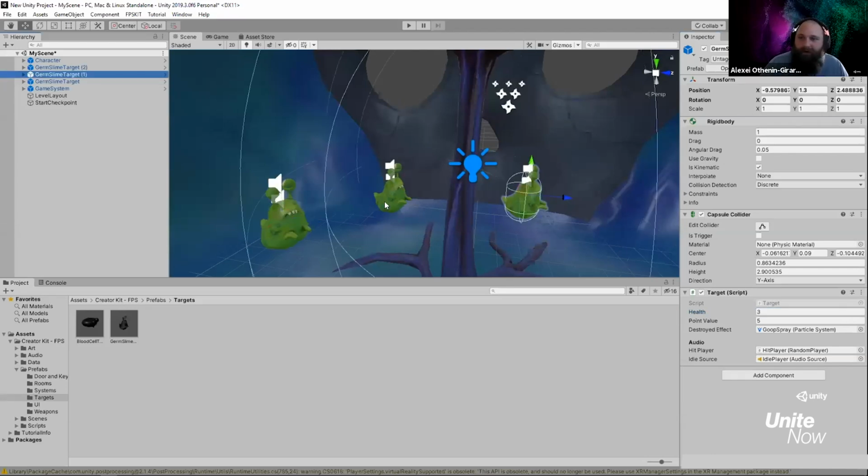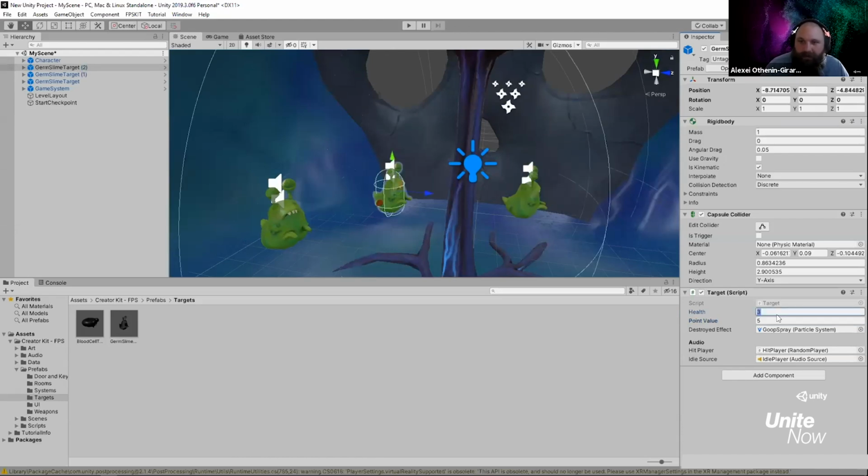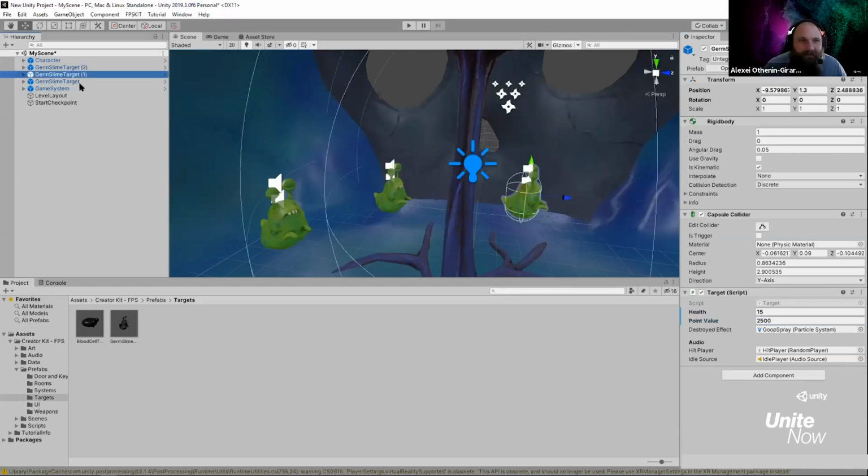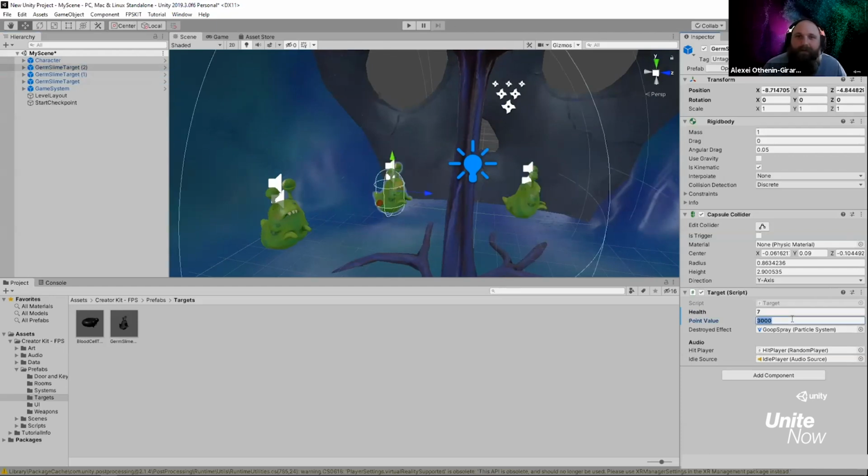So you can set all of your germ slime targets to have the same health. You can set them all to have different health. You can set them to have the same point value. You can set them all to have different point values. That's totally up to you. From a design standpoint, if you have higher health, it probably should have a better point value. I'm breaking my own rules here because I have a germ slime target that has a very low health and a very high point value, but sort of don't do this. But in general,